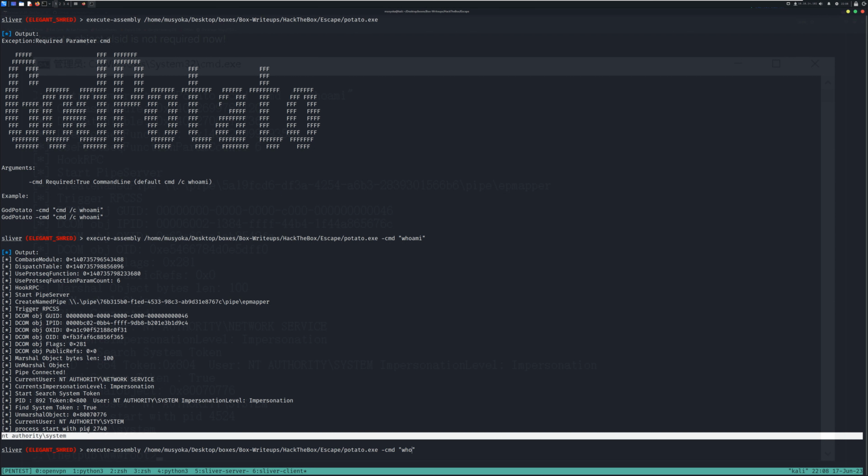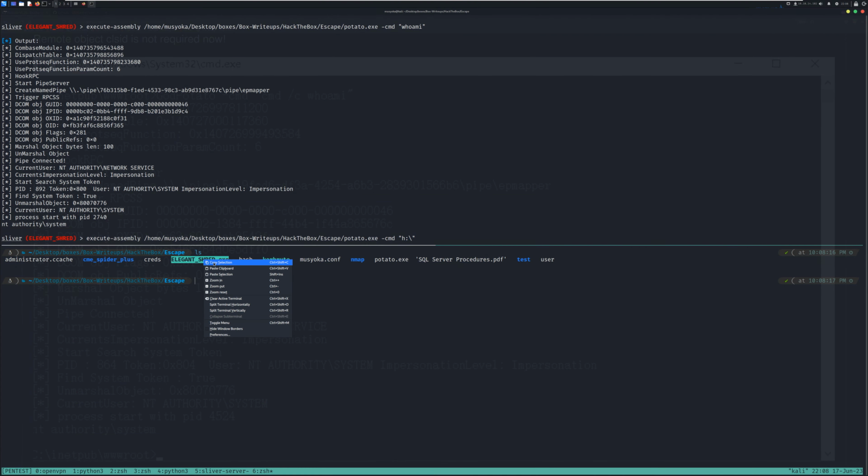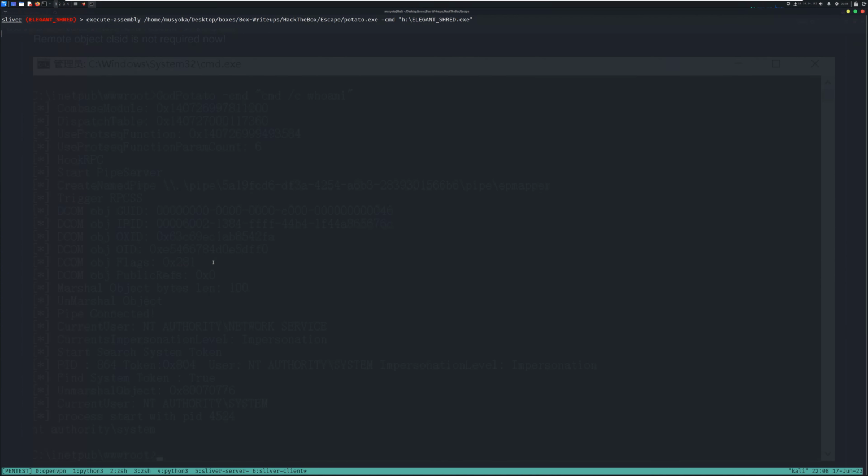And you know, the next thing that I can try to do is to again load the binary that I initially created. So here it is. Let me try to load this binary to get a shell as the system user. So let's try to execute it and see if we're actually going to get a beacon. It's going to take a second because, as I said, the binary is actually large, but it's going to work nonetheless. So as you can see, we managed to get a beacon